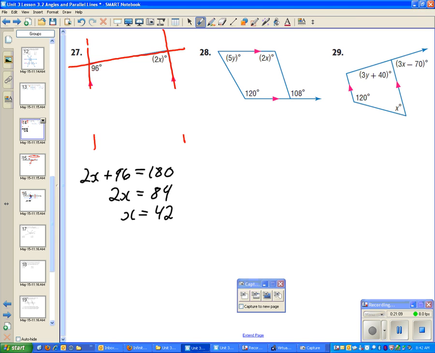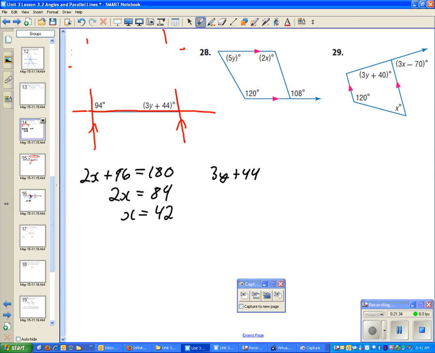All right. Now, I'm going to look at this. We have, again, the two parallel lines, a new transversal. Those two angles form a pair of consecutive interior angles, so they're supplementary. So 3y plus 44 plus 94 equals 180. Let's see, so 3y, 94 plus 44, that'll be